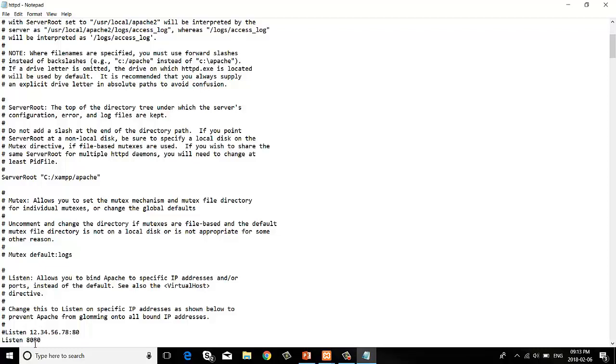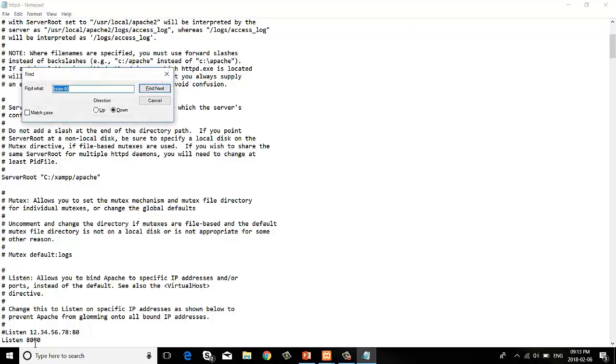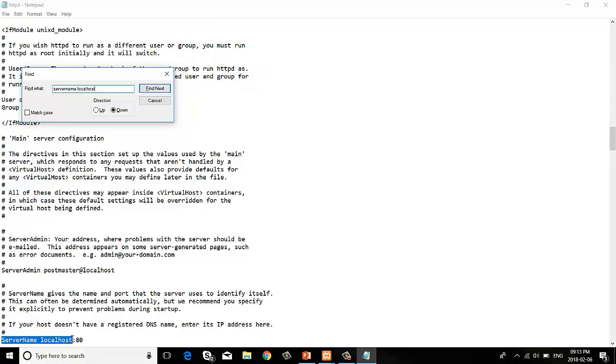Then search for the string ServerName localhost and update the port number here also.